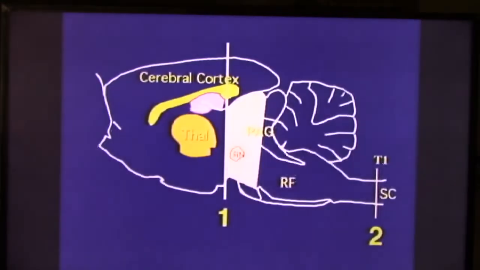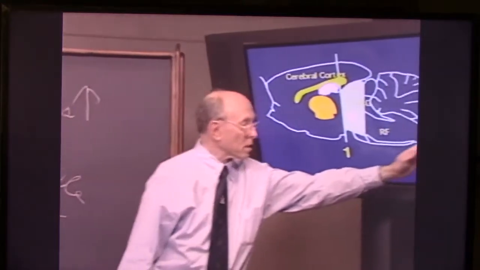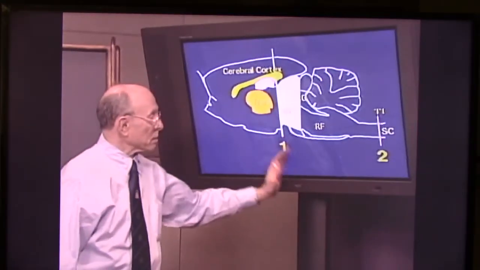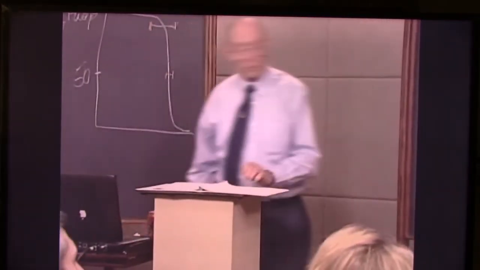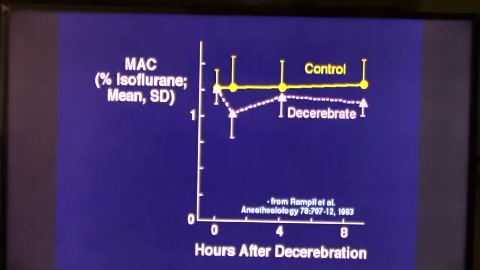This is an illustration from Rampel's work, showing the 2 places that Rampel cut the connection between higher centers over here in a rat and lower centers over here. There's one section, and here is the second section. And then, as was said, what Rampel found was that when you severed the connection,